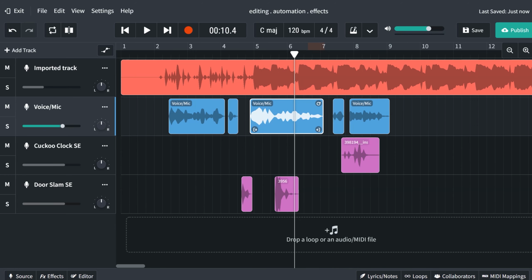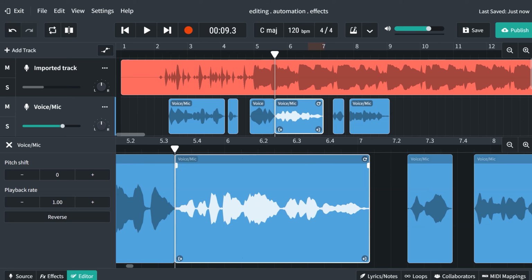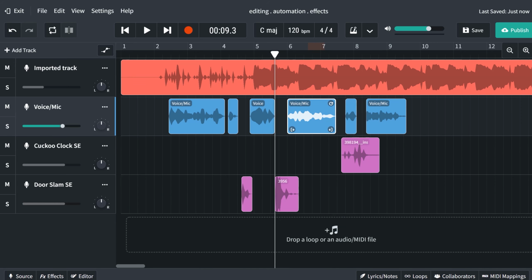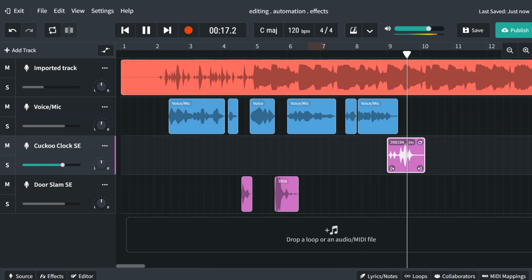One thing that I noticed is that I begin talking very soon after I say the word lockdown. The problem there is that this door slamming is really loud, and I don't want that to interrupt. So again, I can go into the editor, I can slice right there, and now I can move that track. All right, I think I have it where I want it, so let's take a listen to how it sounds